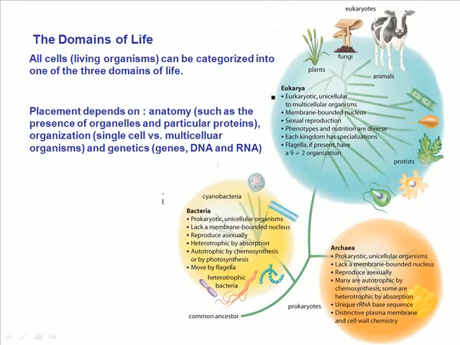If you take a look at these three domains, their names are eukarya, bacteria, and the archaea. And if you just take a look at the types of organisms that you find in each, what you'll find is in the eukarya, this is where we find what we think of as being living organisms. Most organisms that we think of, for example, all animals,